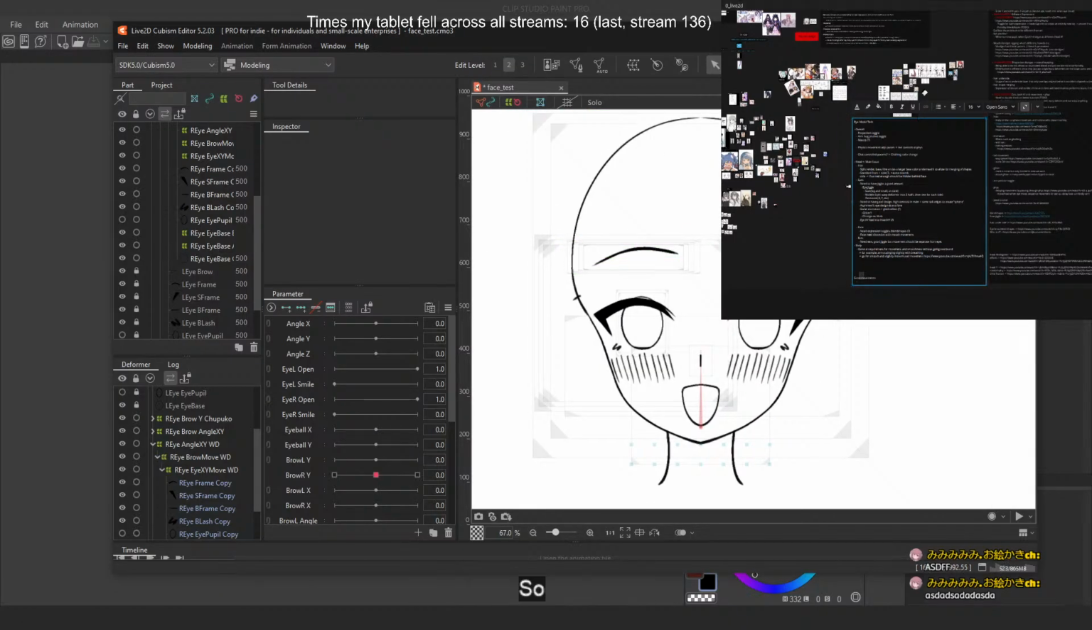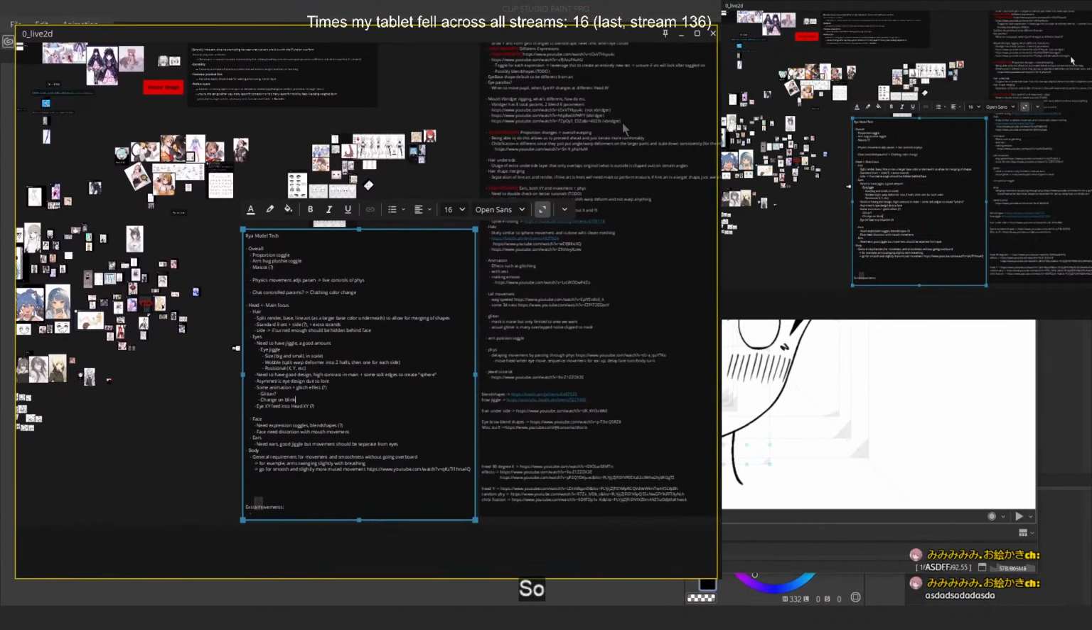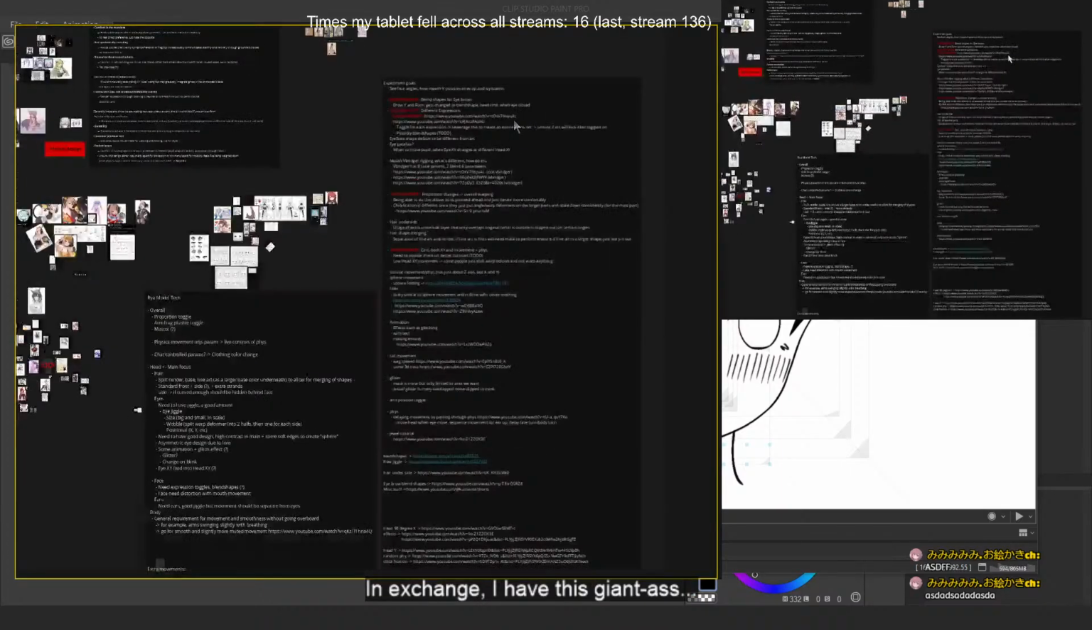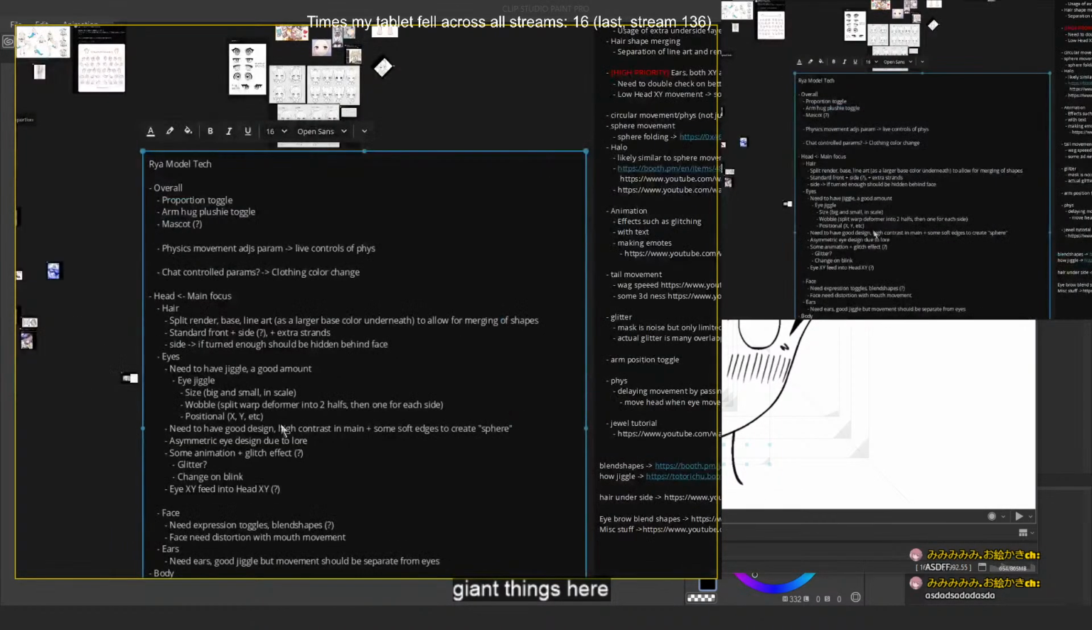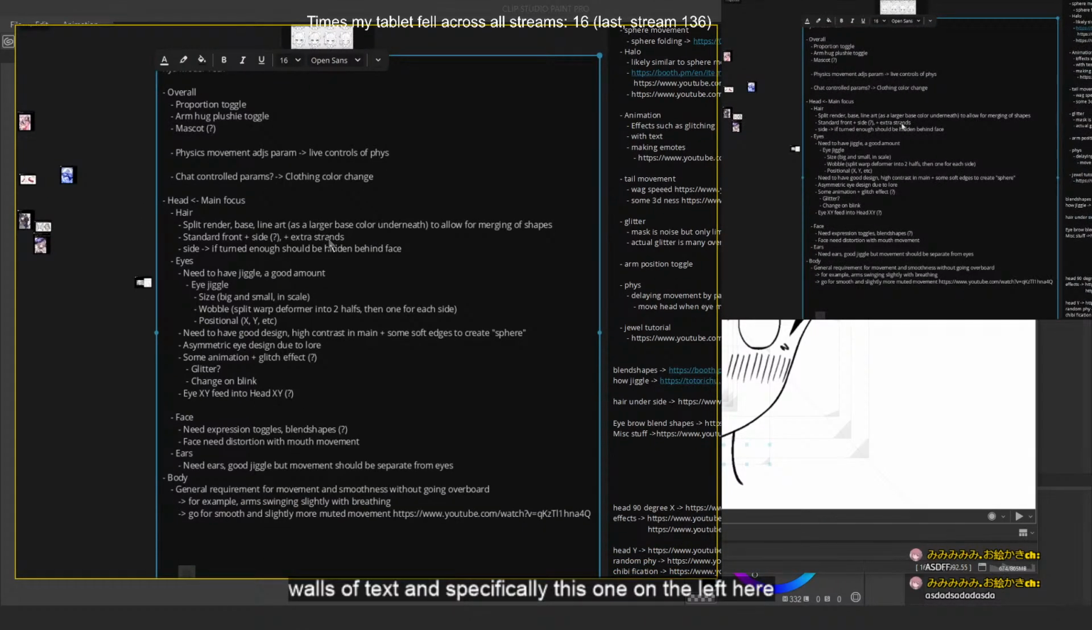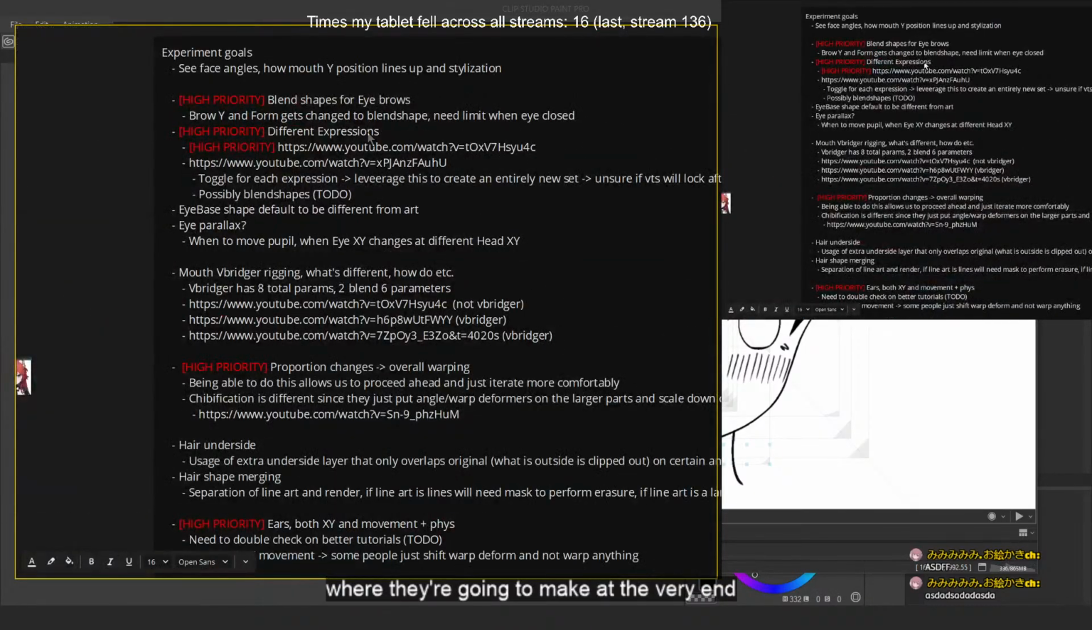So in exchange, I have these two giant walls of text, and specifically this one on the left here is about the tech that I want to put into the model that we're gonna use, where they're gonna make at the very end. And the one on the right here is a list of stuff that I want to experiment and figure out. And